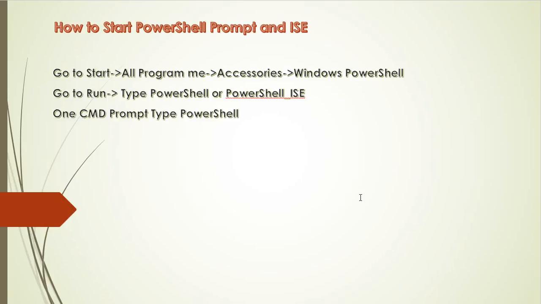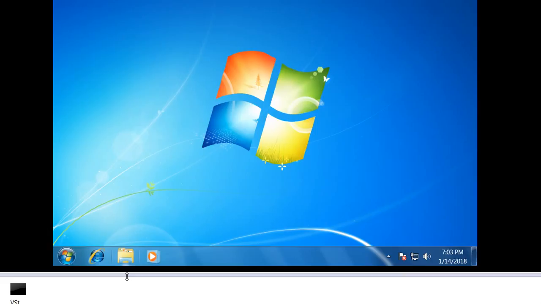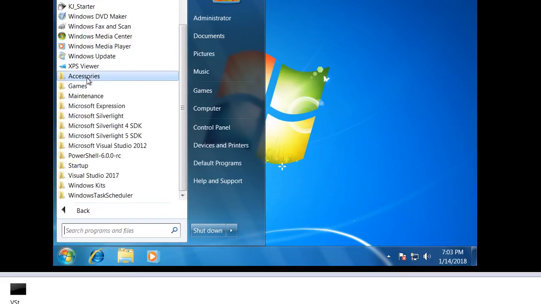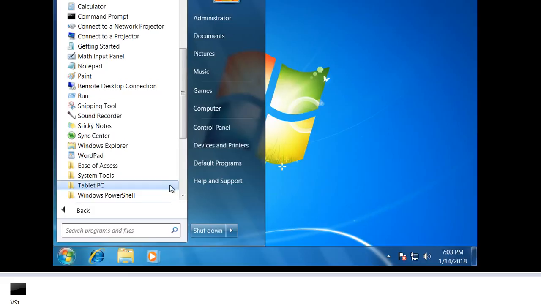Next, how to start PowerShell Prompt and ISE. So if you go to Start, All Programs, Accessories, Windows PowerShell, we'll get all the PowerShell options. Let's see that. So we go to Start, All Programs, Accessories,